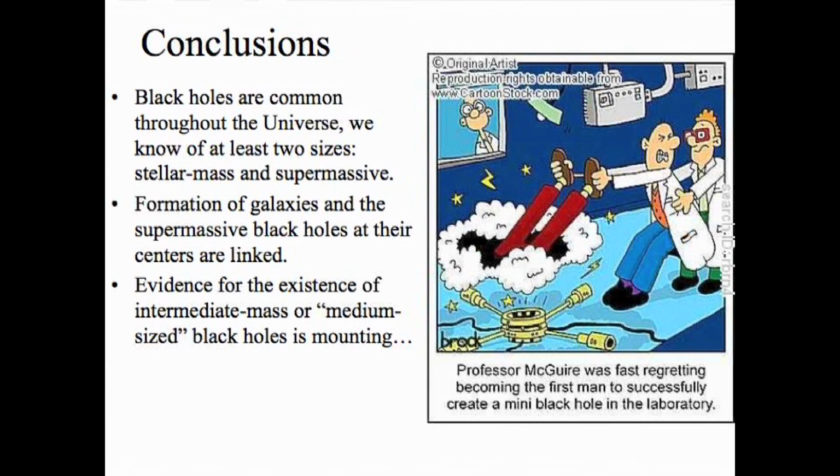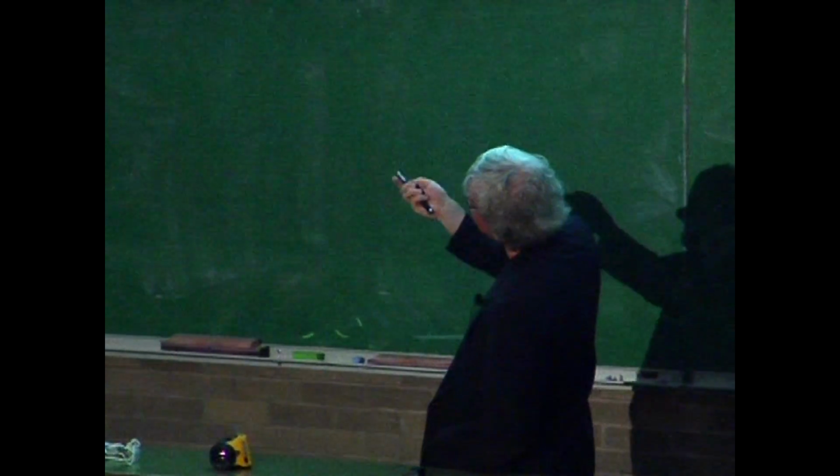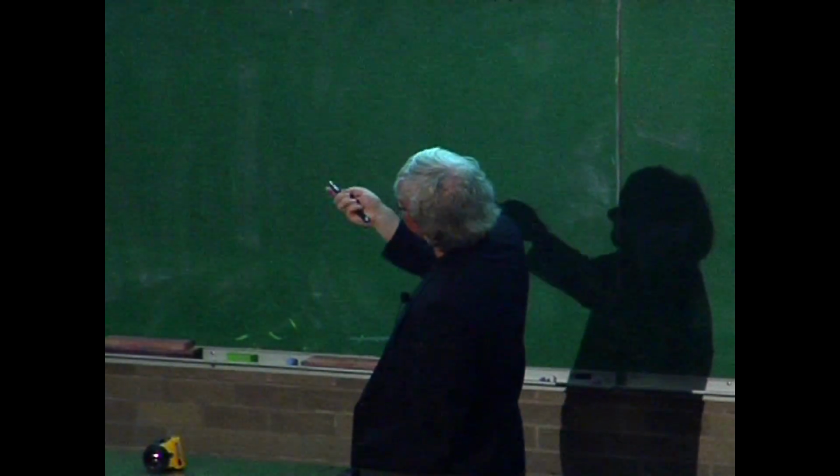The next important lesson was that the formation of galaxies is intimately linked with these supermassive black holes at the center, in a process we don't understand. And the final thing is that we haven't really proved yet that there are these medium-sized black holes, but we keep getting better and better evidence that looks to indicate that